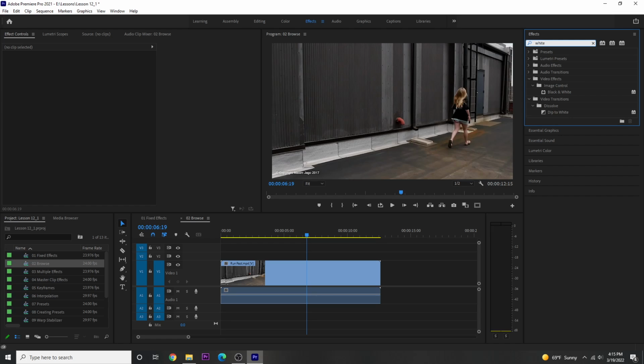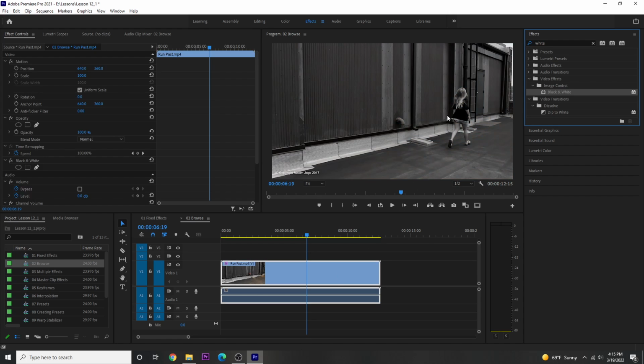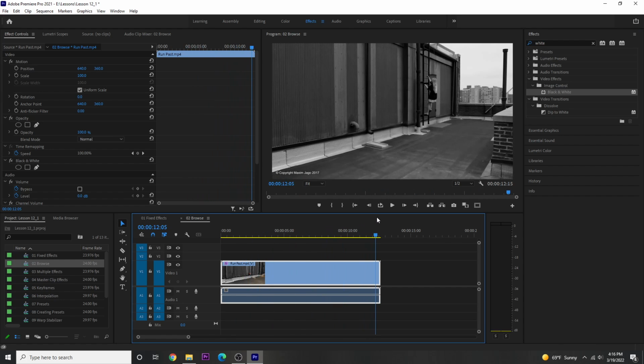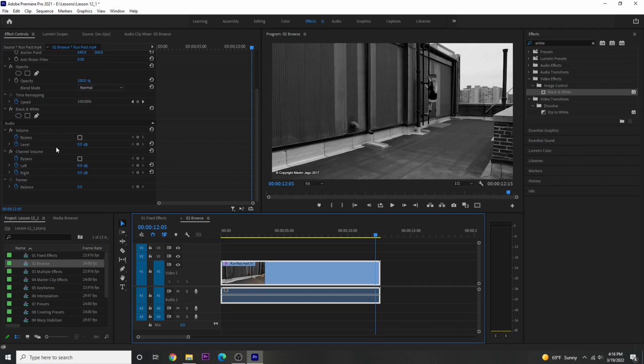As we type in white, we will see the effect called black and white right here. We want to go ahead and drag that onto our clip. Notice in our program window right now everything is in color. By dragging and applying this, it has now turned our footage into grayscale or black and white. You can scrub through it and see that the whole clip has that effect applied, and it has appeared over here